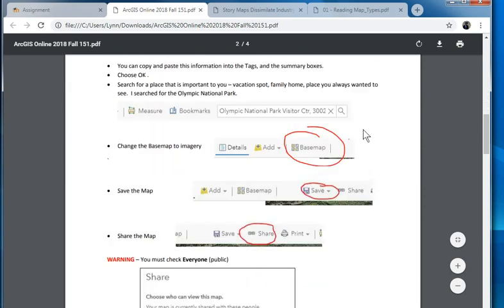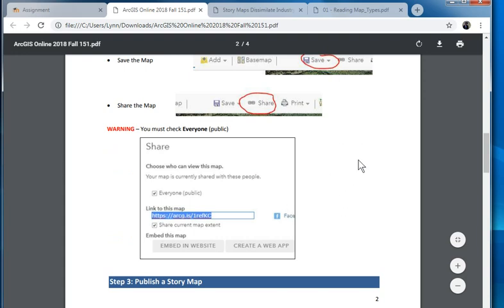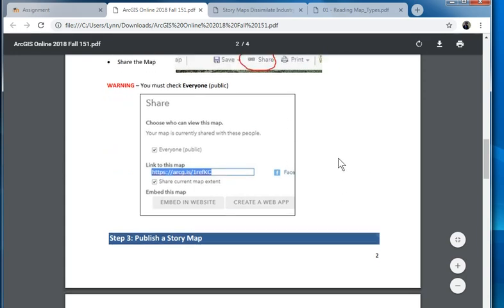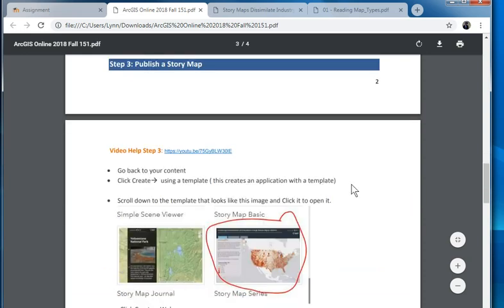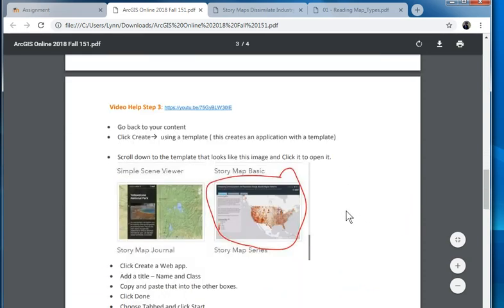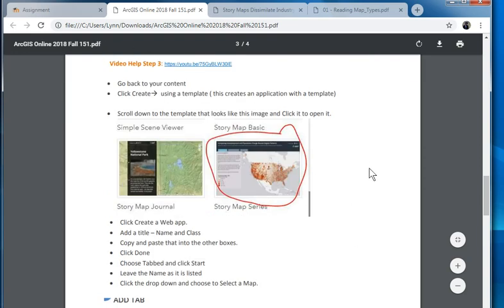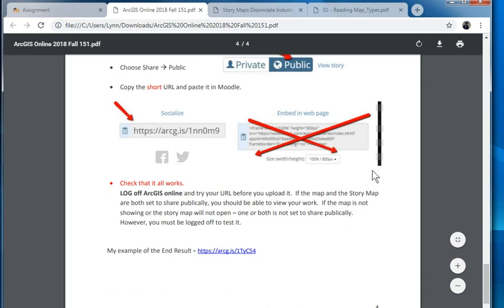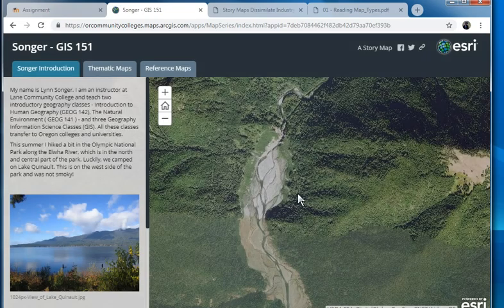And then you're going to create a map, and you're going to set the map to share publicly, and then you're going to take that map and embed it in a web map or a web presentation application. And so when you're finished, you're going to send me a nice short little URL, and what I should have is